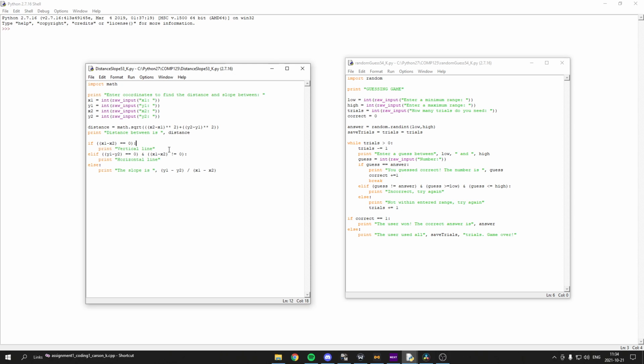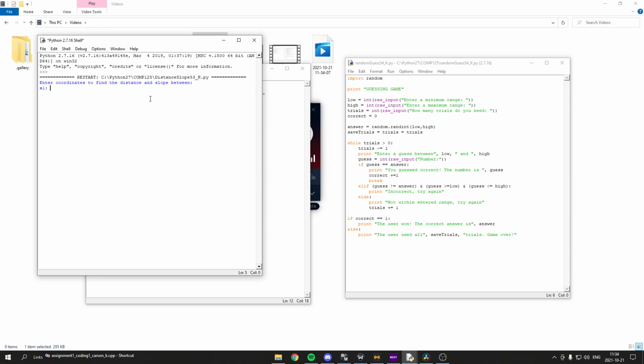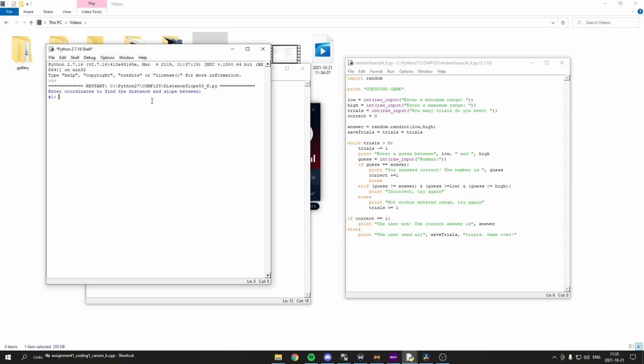And then I test to see if the slope is a vertical line or a horizontal line before I divide, to make sure it doesn't divide by 0. And it'll look something like this. Oh, whoops. So x1, it's doing that's easy. The slope is obviously 1 and the distance is 1.4. And I will make vertical lines to show